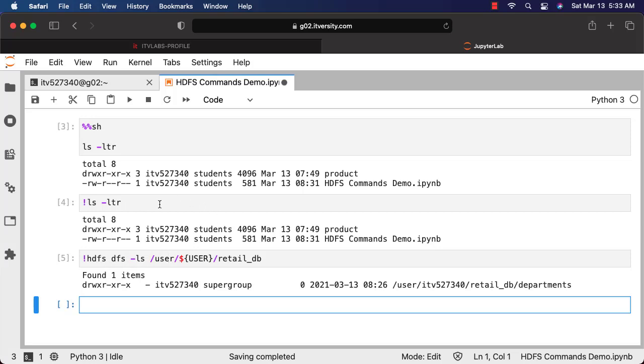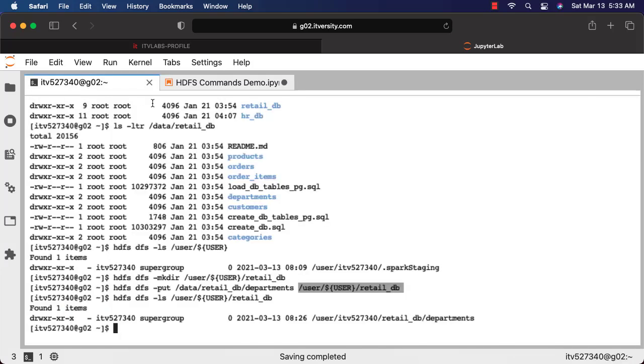There are several advantages to using the notebook environment. If there are any typos, it will be easier for you to fix. However, if you are practicing for CCA 175, I would highly recommend you stick to the terminal and start practicing using the terminal so that you are comfortable with fixing any typos in the commands. If you just practice using the notebook, even though you are good at the content or material that is relevant for the certification, you might struggle to take the exam because you are not comfortable using the terminal. So if you are taking the CCA 175 exam, make sure you practice as much as you can using the terminal itself, even though the demonstrations are done using notebooks.